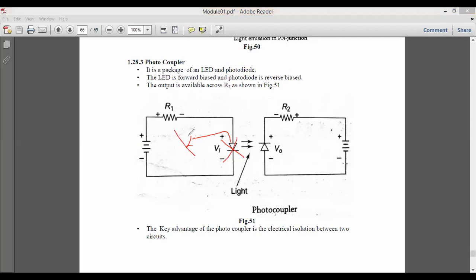If this circuit fails, the other circuit will also fail. So this is how the three different types of diodes, that is LED, photodiode and photocoupler, work with respect to the application part.